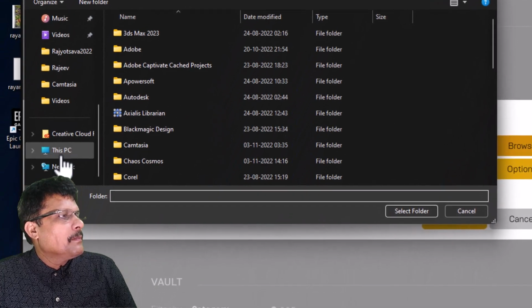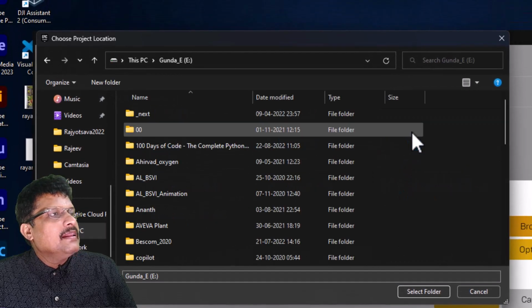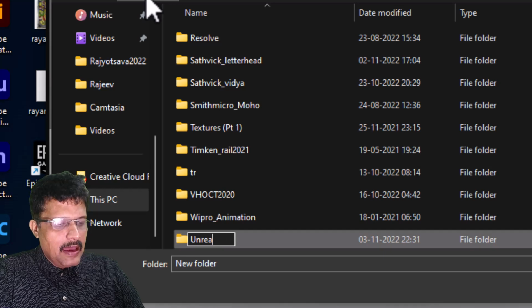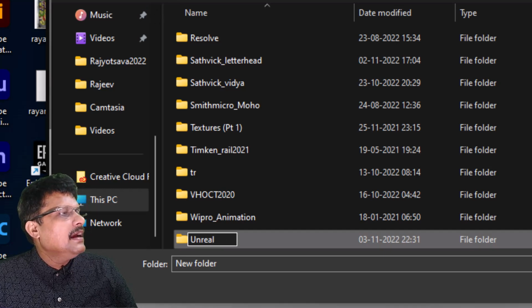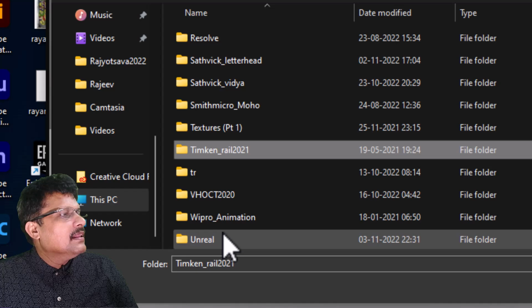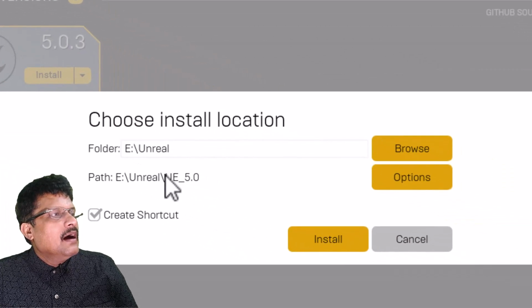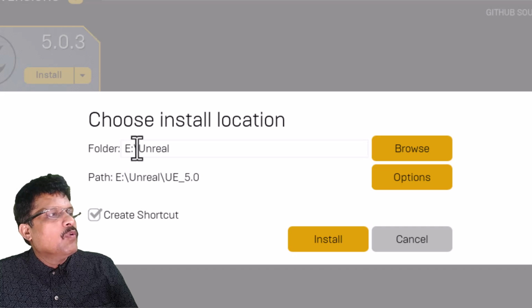Say for example, I will come here and go to the E drive and give it the name Unreal. So I will create a folder called Unreal in my E drive. I will select this folder, and so the folder is E Unreal and you have the path.